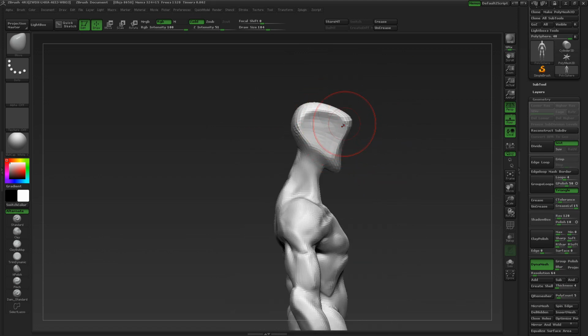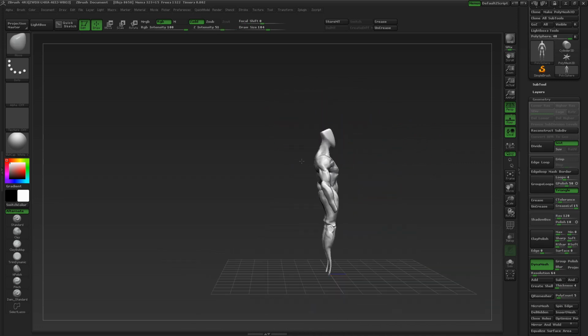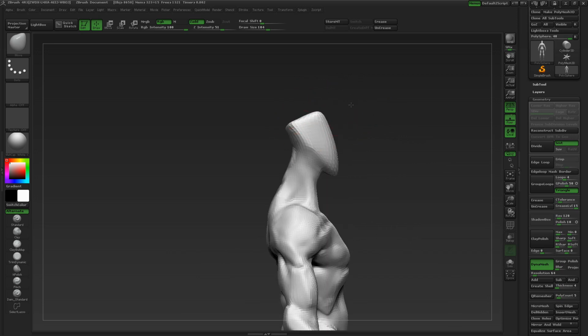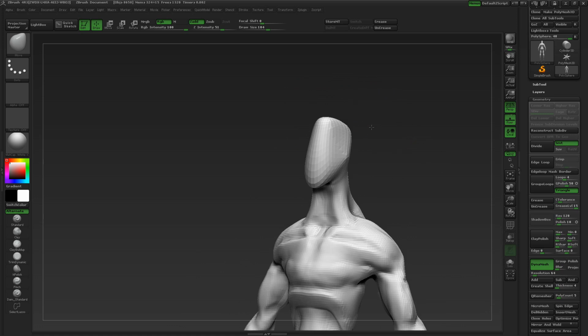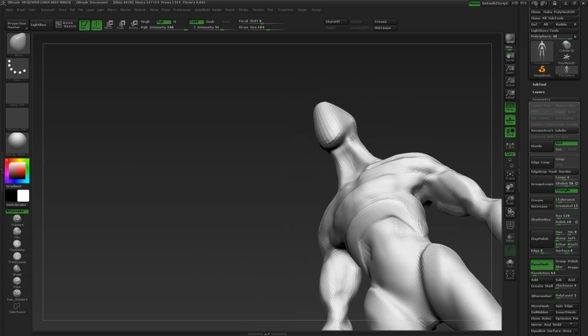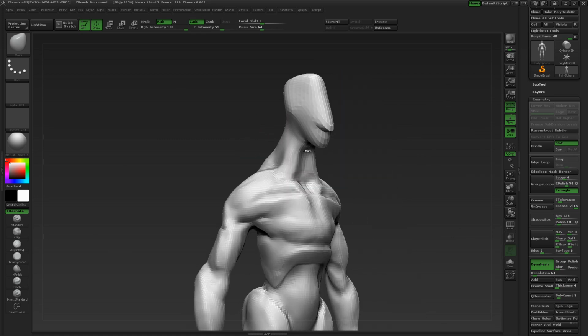I think I want to make his head a little bit smaller, actually. That's the cool thing about this, is that you can just sort of mess around with shapes and not have to even worry about stinking geometry. You can fix it later. That's what's great about ZBrush, you can just be creative all that you want and not have any